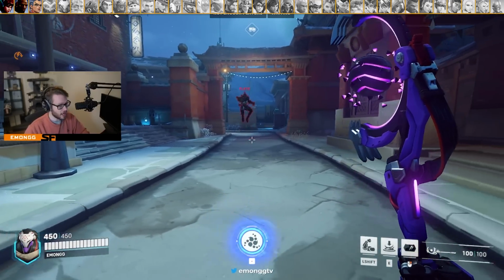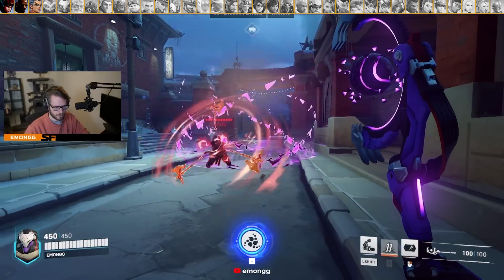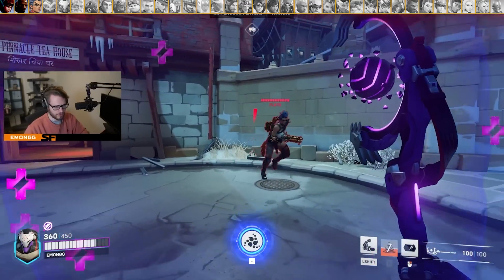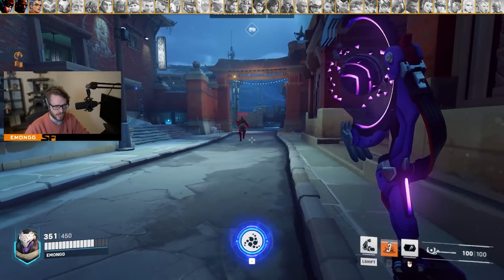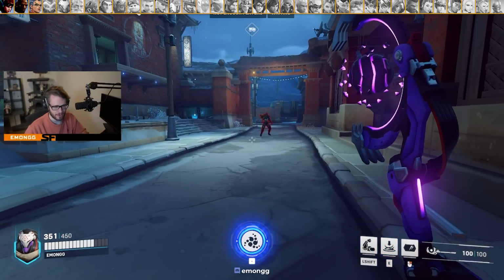Now, will Junker Queen's ultimate be slowed when using Rampage through it? So it did look like Junker Queen's ultimate was slowed while going through that, so that could allow for you to have some pretty good counterplay sometimes with dropping Vortex when you hear the ultimate. For example, if Junker Queen goes on the ult animation right now,